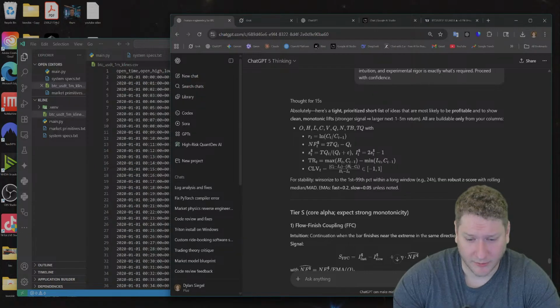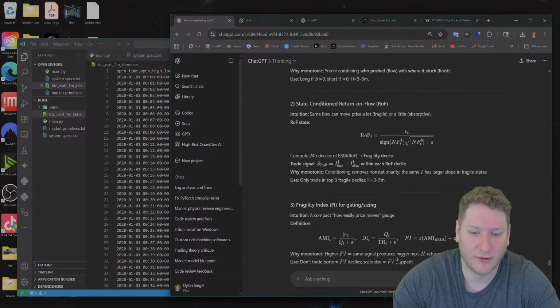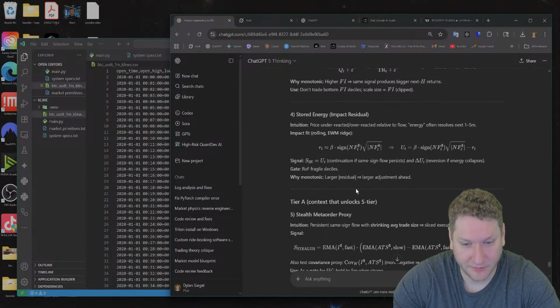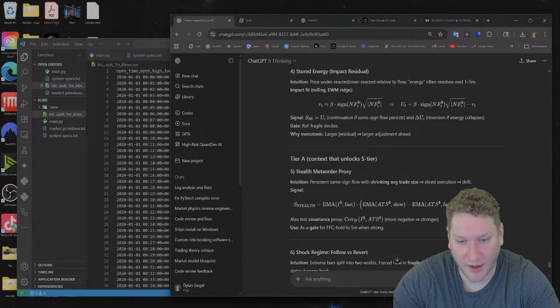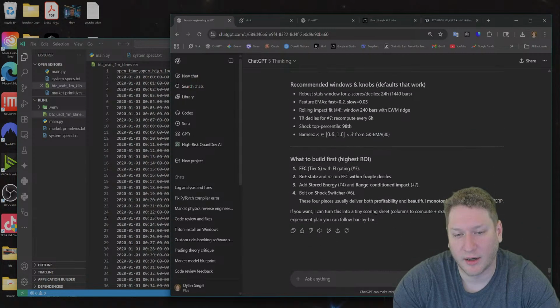flow finish coupling. State condition return on flow. Fragility index. Stored energy. Tier A. Stealth meta order proxy. All right.